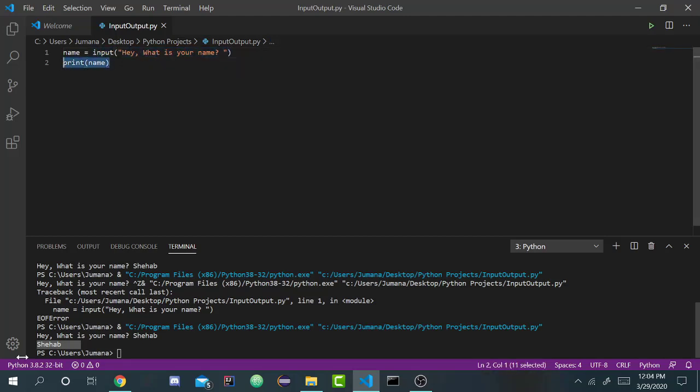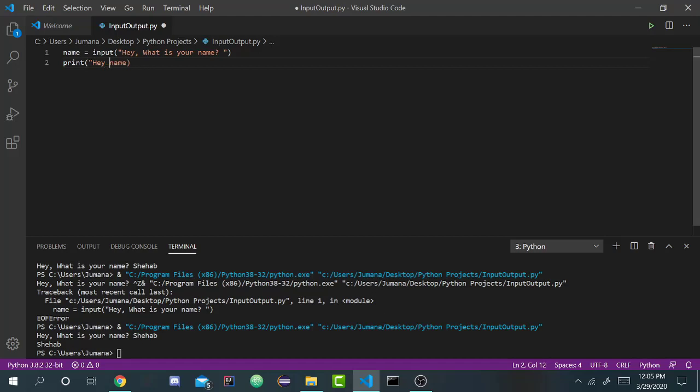Well, you might say this is kind of useless. You're asking for their name, and then you're just printing out their name. What's the point of this? We want a more meaningful response to a user who's inputting their name, like, hey, your name, how are you doing? So how would you do this? If we want to say, hey,